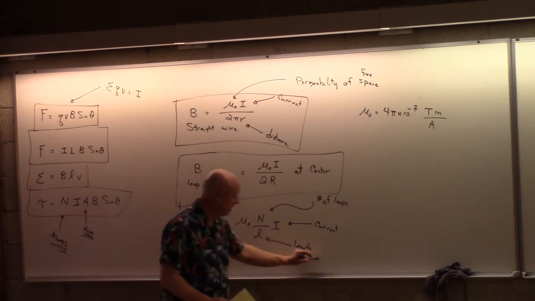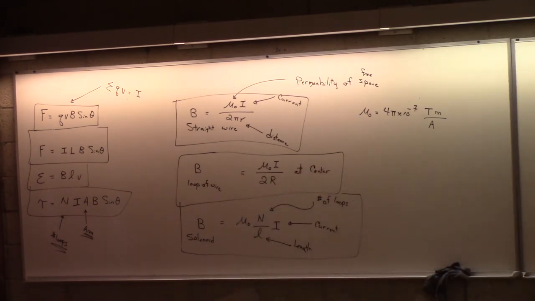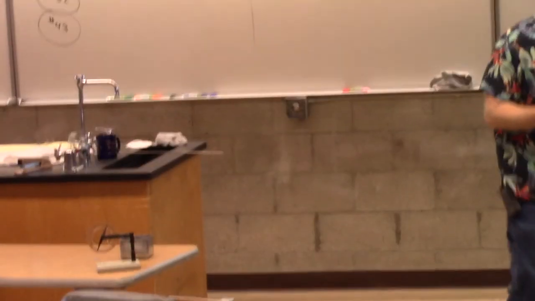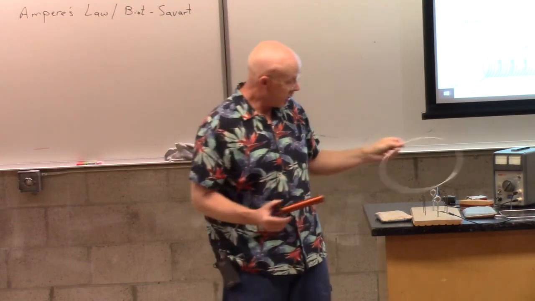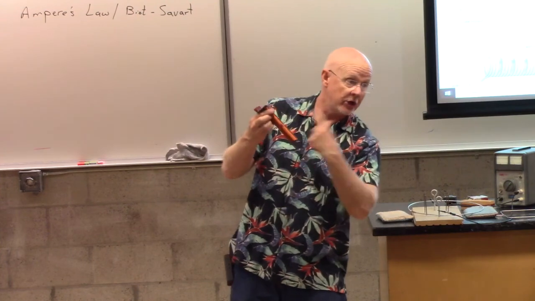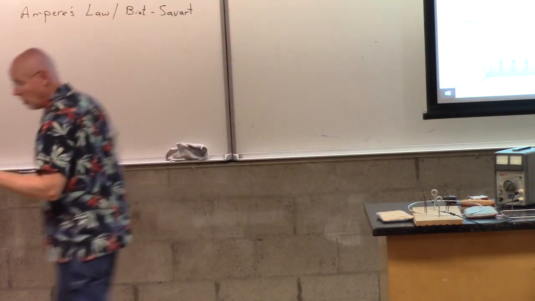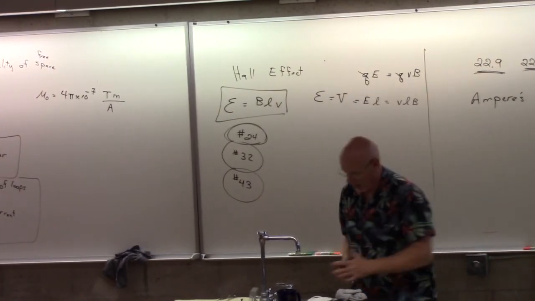So this really is what? And that's a fancy word, a solenoid. What is a solenoid? Well, you heard me say it at the beginning of the lecture. This is a solenoid. And so a solenoid really is just a bunch of rings, a bunch of loops. And so if you add this one and this one and this one and this one and this one together. So in this case, it says right on here that there's 180 turns. And so if I wanted to know how strong is the magnetic field inside of this solenoid,